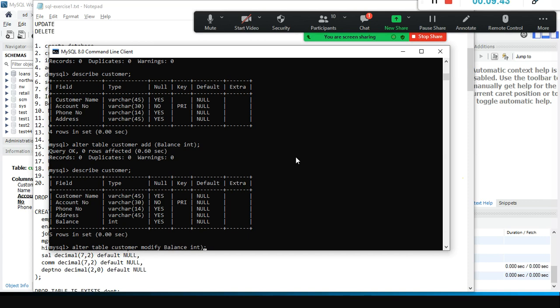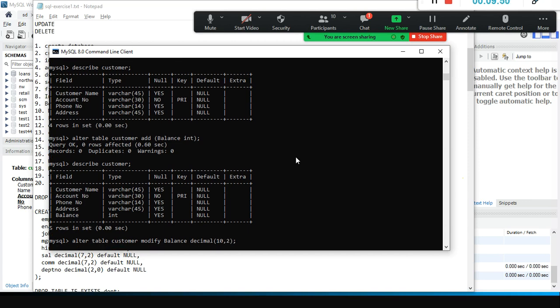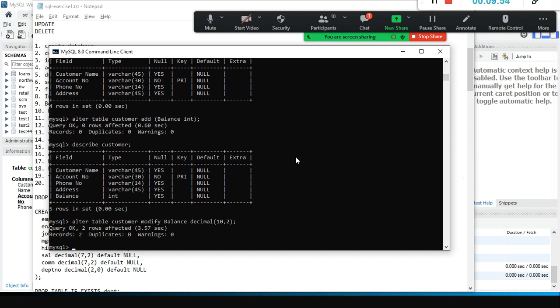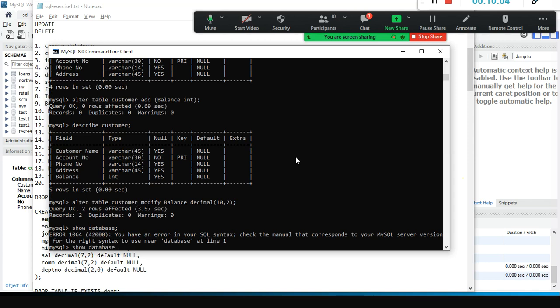Sir, this table was created in the credit card database, right? Previously, I also created it, but when I describe customer and enter, the tables are not showing, sir. Just show me the output. Show databases.